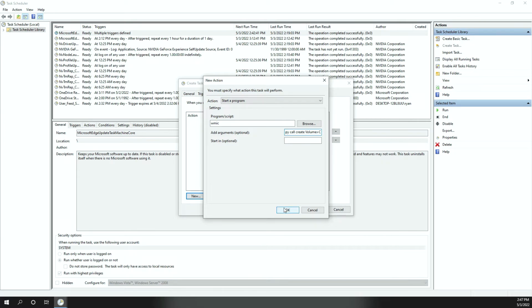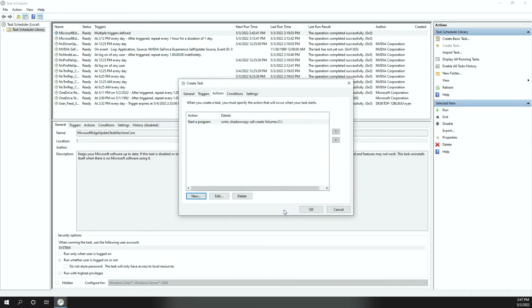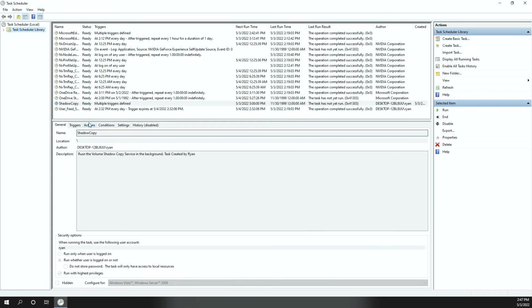Now, I'm going to click OK, and it's going to challenge me for my password. So we're going to just jump past that real quick. And, well, there it is. That's it. It's ready to go. Now I've got my computer set up to run 3 times a day on the C drive to go ahead and get those backup copies.